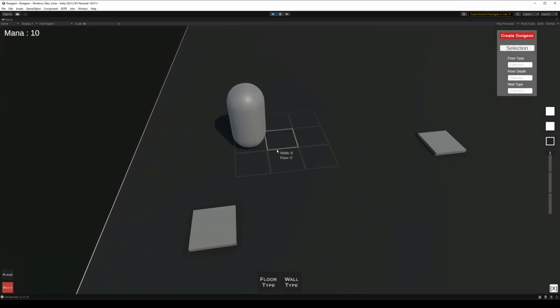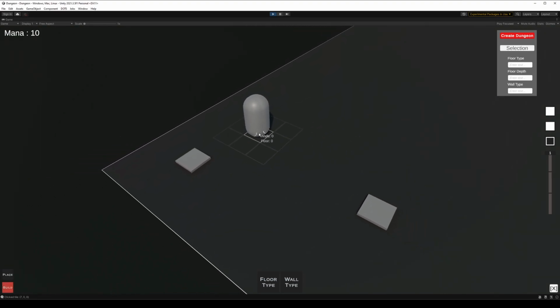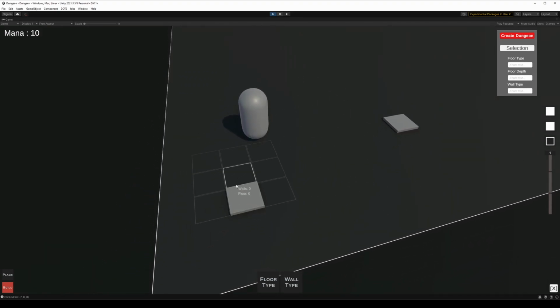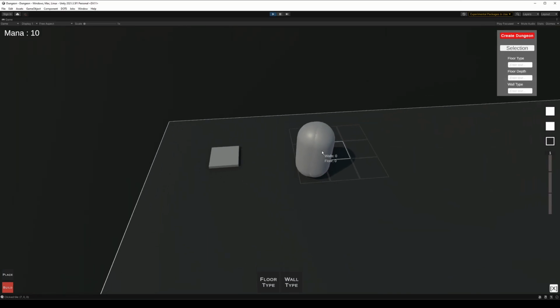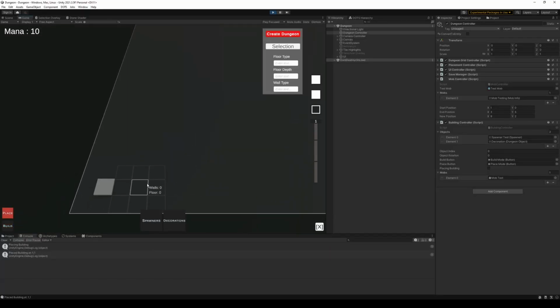But before I do that, I want to re-implement stats for the mobs, because when I was making the system, I sort of got rid of them to make it simpler for me to tell what's going on. So let me put those back in. Well, I haven't connected any UI to it yet, but at the moment,